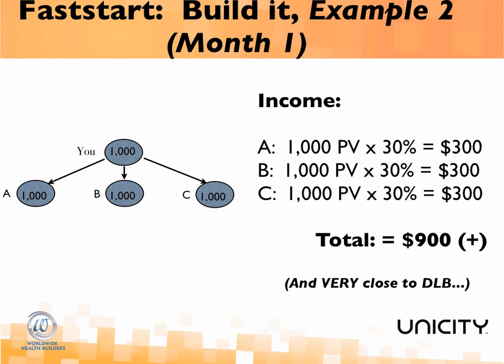But the bottom line is leg A, leg B, leg C, or person A, B, and C as an individual does 1,000 points. The reality is, on the individuals doing the 1,000 points, your income has now jumped to 1,000 points times 3 people times 30%, $900. Plus, you bought more inventory, so you're going to be making sales of inventory. You're going to be getting the money back from that purchase as well as a margin on the sale. So very quickly, and more appropriately, you could probably get to a zero-cost basis, if not make a profit in that very first month, because you now have inventory to sell that you probably didn't have at 250.